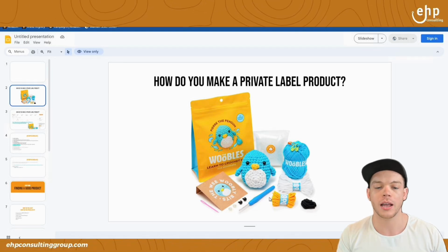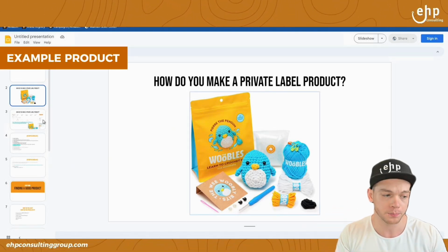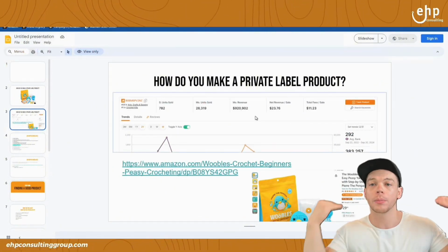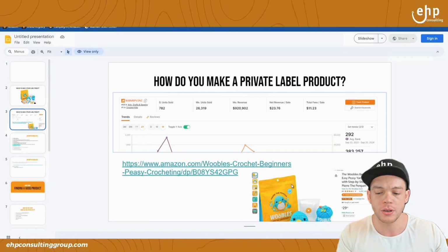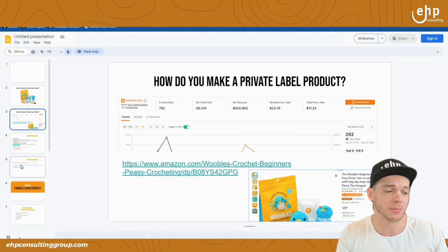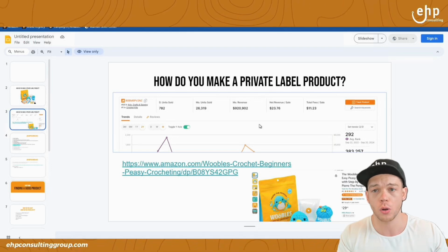This is one of our clients, the Woobles. They create crochet kits. You can check them out on Amazon. Right now, the Woobles is making $900,000 a month. We helped launch them on Amazon. They're doing extremely well. During the holiday season, they do over $1 million a month. You can see their products, 6,000 bought in the last month. You can do the math yourself without having a tool like Jungle Scout or